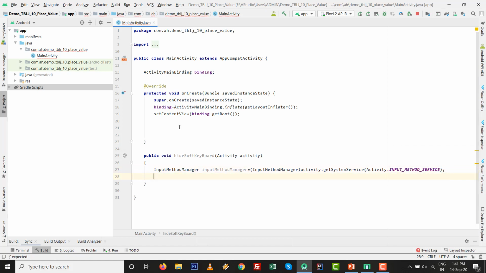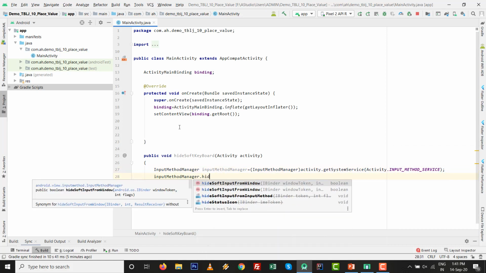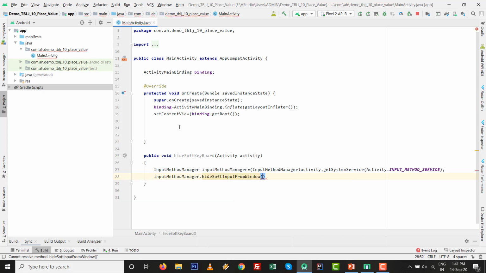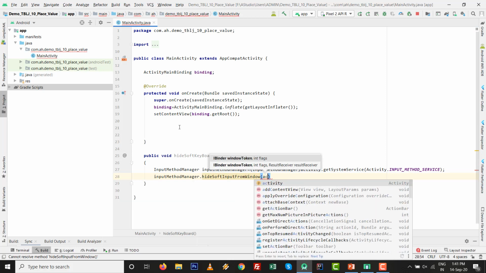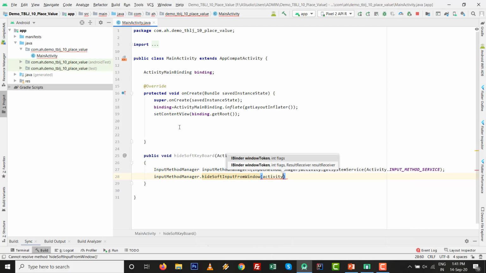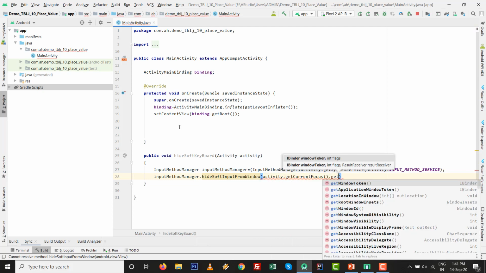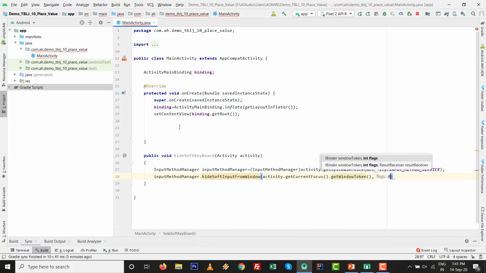So just press semicolon. Just one more line for that: inputMethodManager.hideSoftInputFromWindow, and activity.getCurrentFocus().getWindowToken(), and the second argument is 0. So this one is for hiding the soft keyboard.